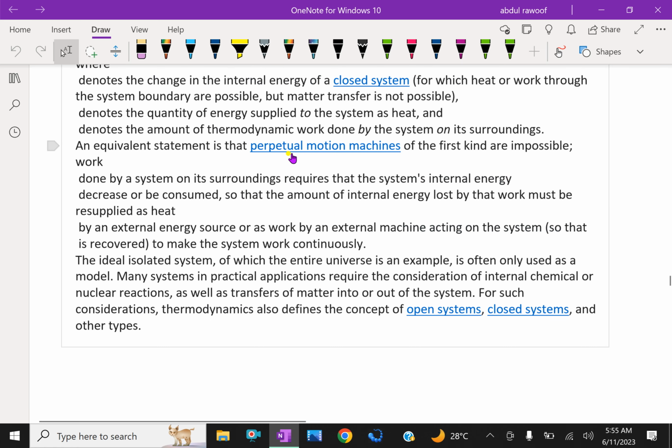Next, we'll discuss further the first law of thermodynamics. Now, the system may go from one initial state to the final state in a number of ways. For example, to change the state of a gas from P1 V1, that is initial pressure and initial volume, to P2 V2, that is final pressure and final volume.